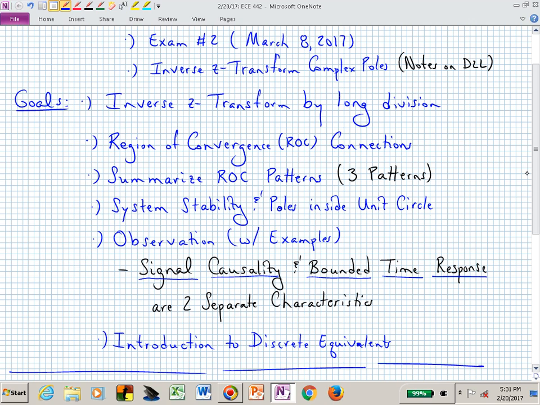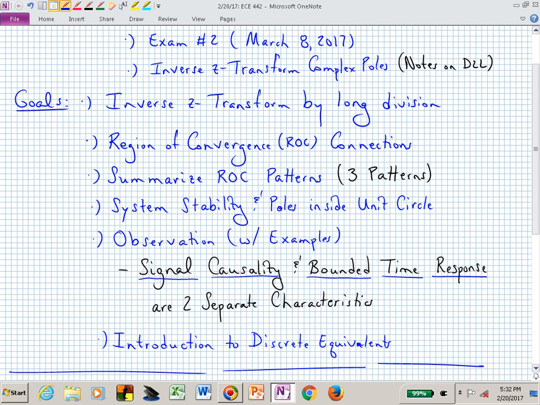We'll summarize our 3 different patterns for the region of convergence, and then we'll talk about system stability. Why is that connected with having our poles inside the unit circle, when it seems like I can have poles outside the unit circle and still have bounded responses? What's going on with that? And then if we have time,